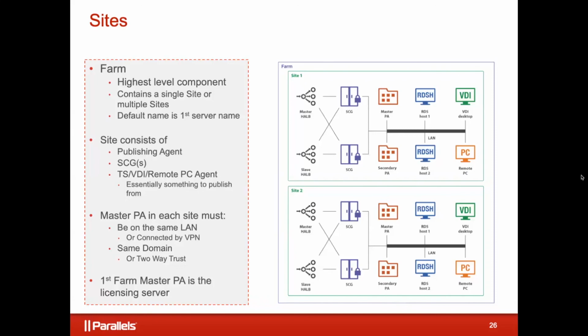Most people don't do this, to be honest with you, which is why I don't try to spend too much time on it, though I'm spending a little bit here. Most people just create two separate farms and use two separate keys. That works fine too, because that's really all it gives you: the publishing agents sharing that single license. Or the other way you can do it is you can use a lot of localization services within RAS. That's probably beyond what we're going to get into today, but there's a way to say, okay, you're at Site 2, I want you connecting to these components. So we're going to make sure you're going to this terminal server, this publishing agent, these gateways. There are ways to handle that to a point anyway.